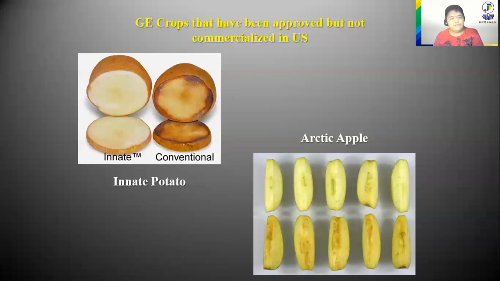So increased shelf life. But why are these crops not being commercialized? Because there are certain ethical considerations to be done here, which we can discuss in the next discussion